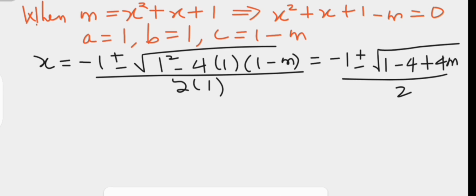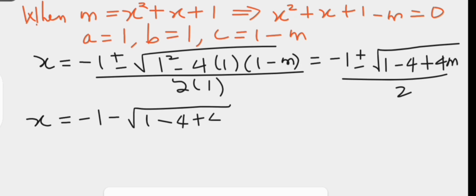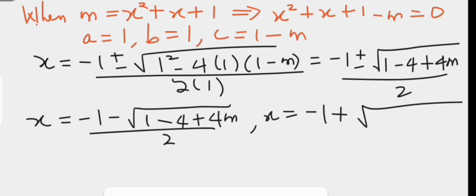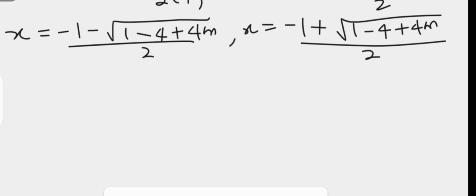Which means that for the second case, the values of x are minus 1 minus the square root of 1 minus 4 plus 4m over 2, and x is minus 1 plus the square root of 1 minus 4 plus 4m over 2. As we now have 4 solutions for x for the equation